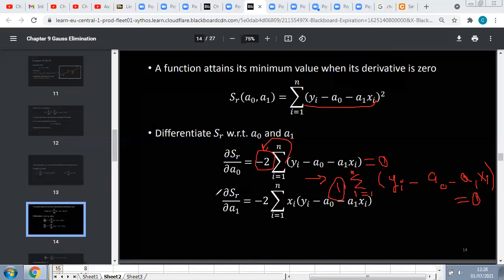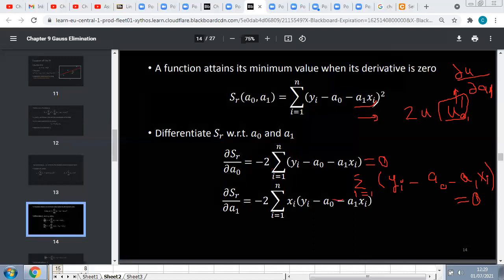Equation 2, I get it from deriving SR with respect to A1. So now when I want to conduct the partial derivative with respect to A1, I do the same concept. So first I name this function U. I say that the derivative is 2U U prime. Now U prime represents the partial derivative of U with respect to A1. Okay, so now I have that, and if you want to be accurate, we don't write U prime because U prime is a total derivative, so we should decompose it. Meaning, we should put U prime with respect to what? We should put it with respect to A1. Okay,